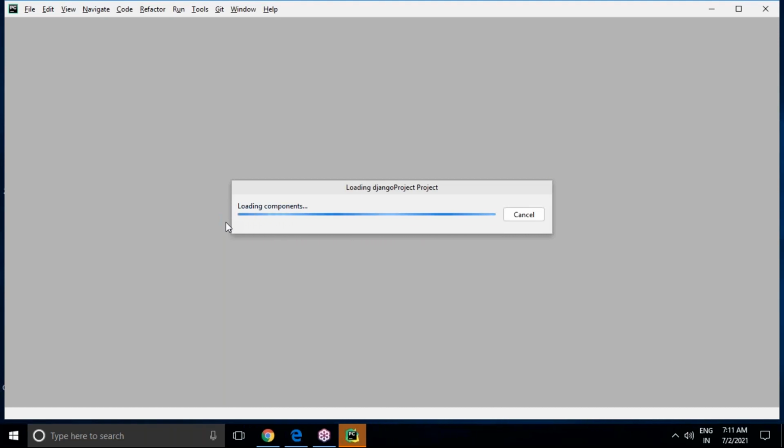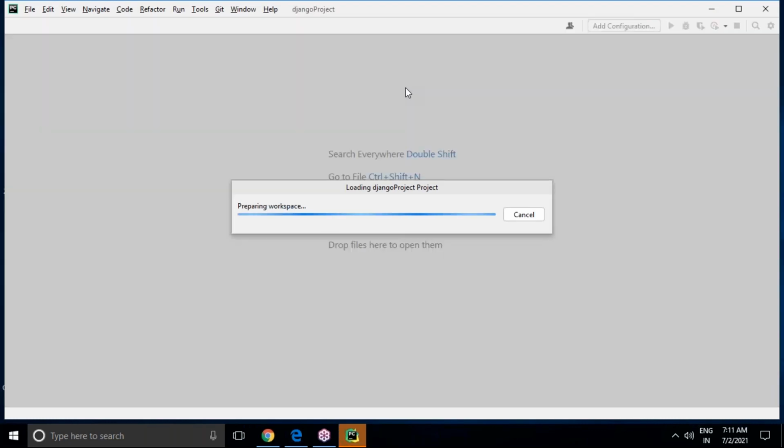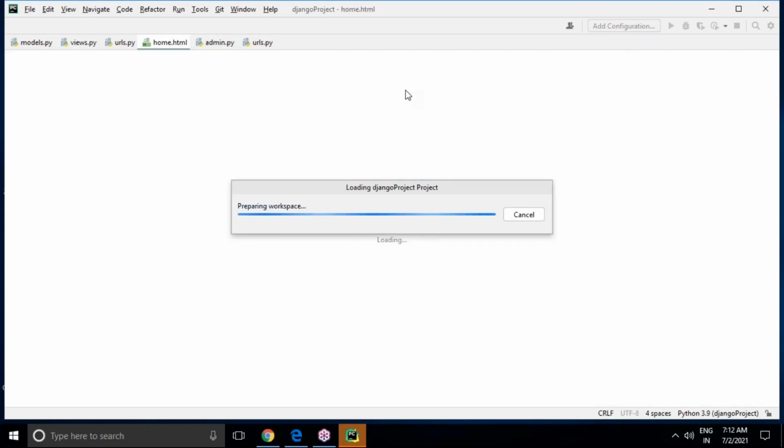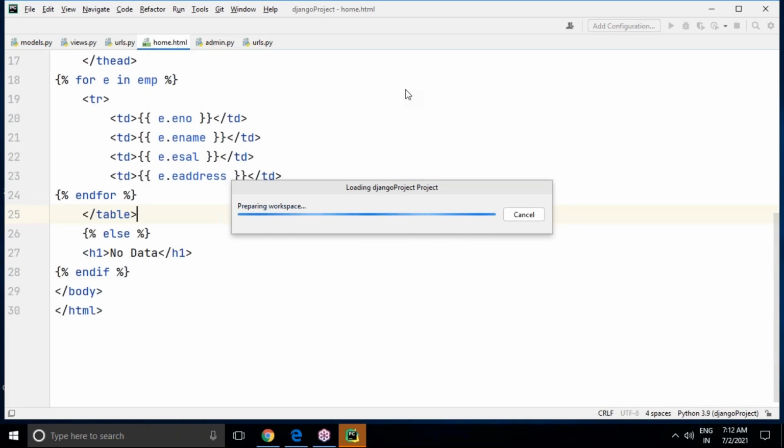So it's loading my Django project, but this is not your project. Your project name is sample project, which is located in a different virtual environment called sample. You know the location of the virtual environment in the C drive, Users, and the envs folder; that virtual environment is available there, and our project is located there. Now let it load. It's not your project. Let me open our project.